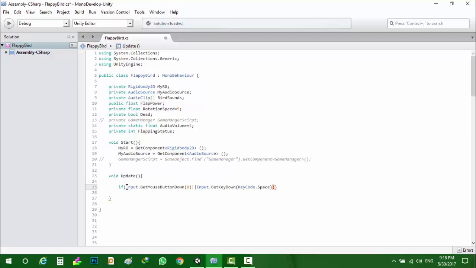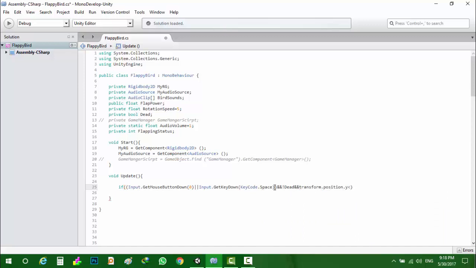That's for testing here on the laptop. That's the first condition for the flap function. The second condition is not dead, and the third condition is